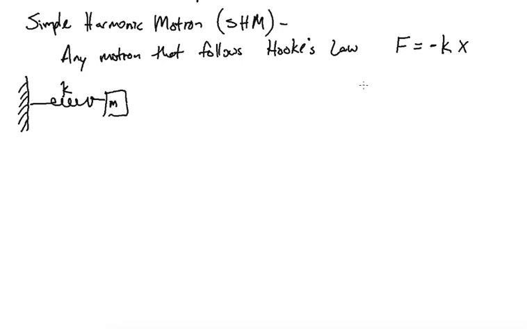So we have F equals negative kx. This is just m times a equals negative kx, because that's what F is, ma, which means I can solve this to a equals negative k over m times x. And if you remember,